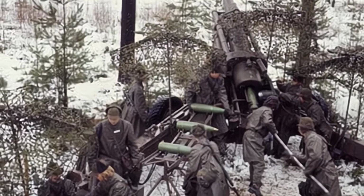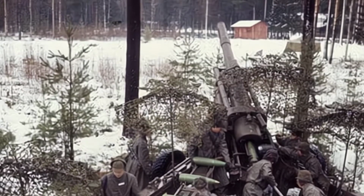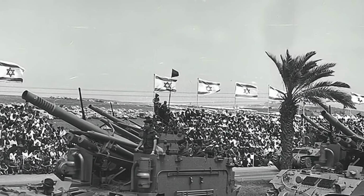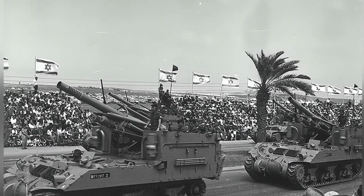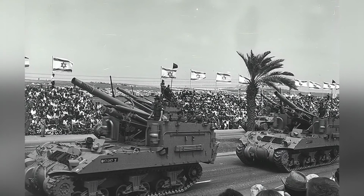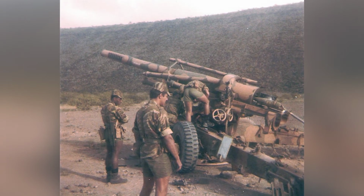The gun used a split trail carriage, with 2 rubber tires installed on each side, and the tires had air compression brakes operated by the driver of the towing vehicle, allowing for high-speed towing during marches. Below the carriage, there was a circular base that needed to be deployed in advance during combat. The elevation angle of the barrel was 40 to 69, with a left firing sector of 34 and a right